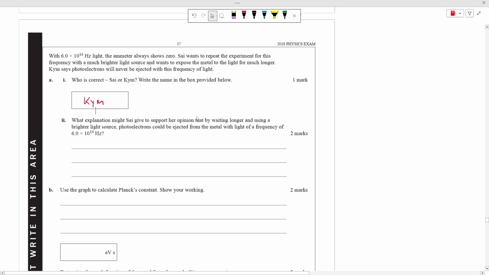Well, Sai might be thinking in terms of the wave model, right? So Sai might say, according to a wave model,